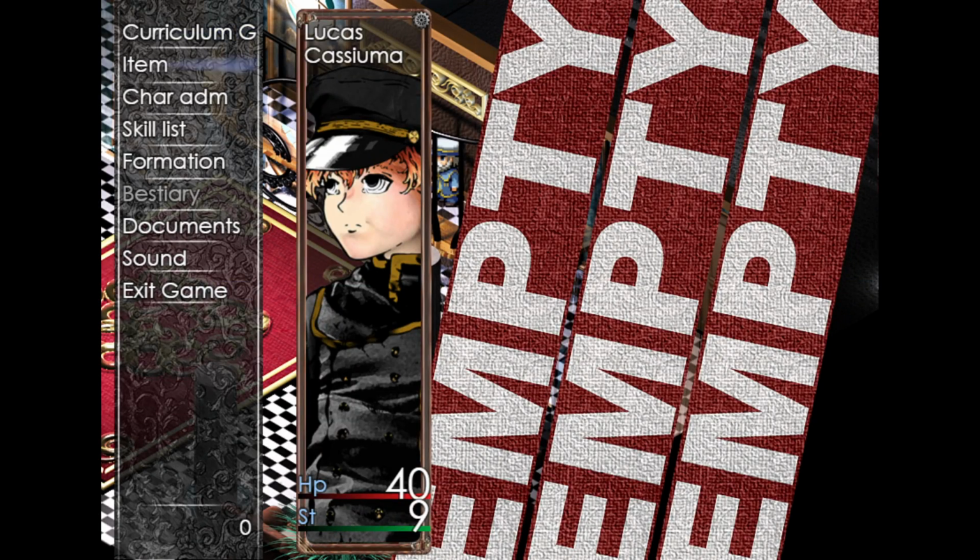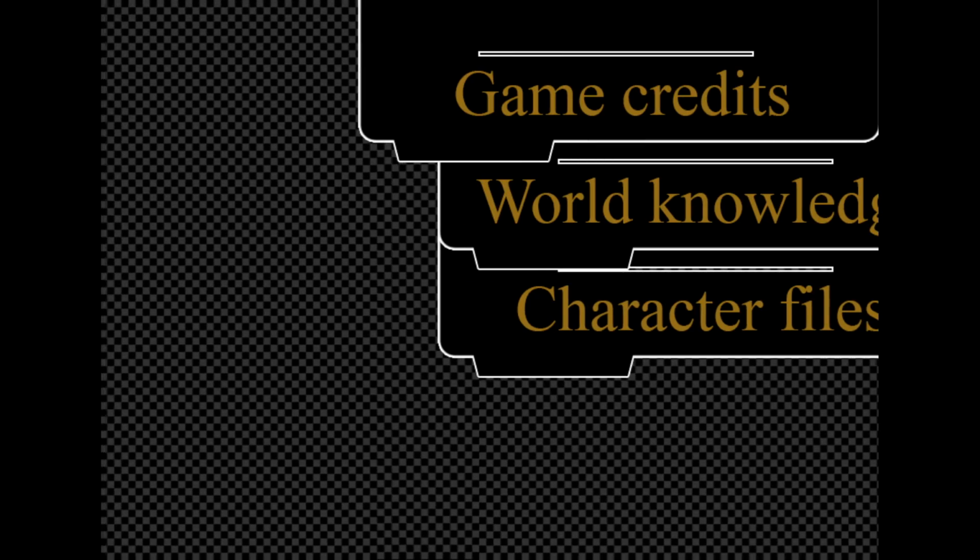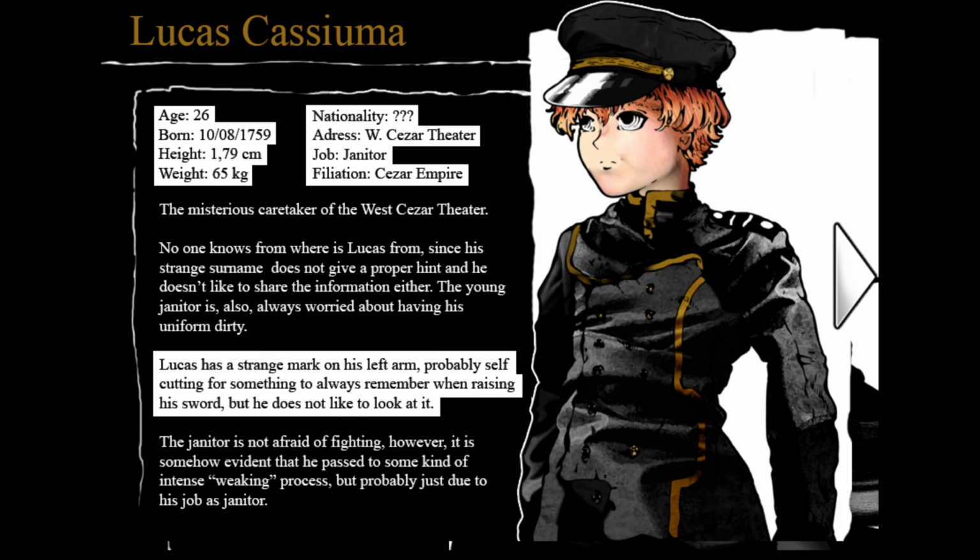Yeah, that's definitely weird. Wait, let's check the character file one. Okay, Lucas Cassiuma. Yeah, I'm going to go with Cassiuma. Lucas Cassiuma, age 26, born 10th 8th 1759, 65 kilos, address, I apparently live at the theatre, okay. And so I'm a janitor. So is that all I am? Like, I'm just like...